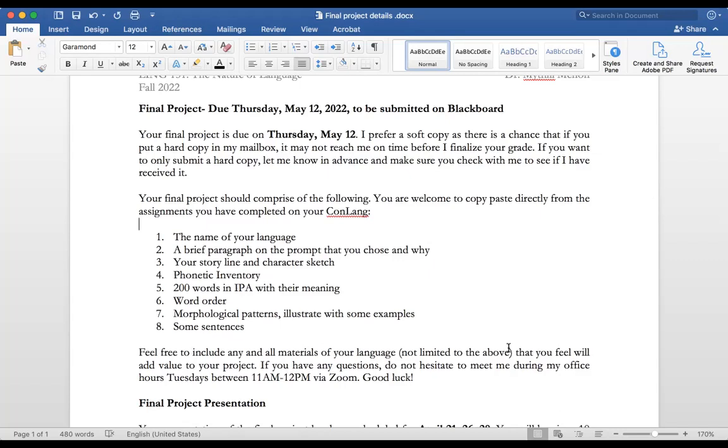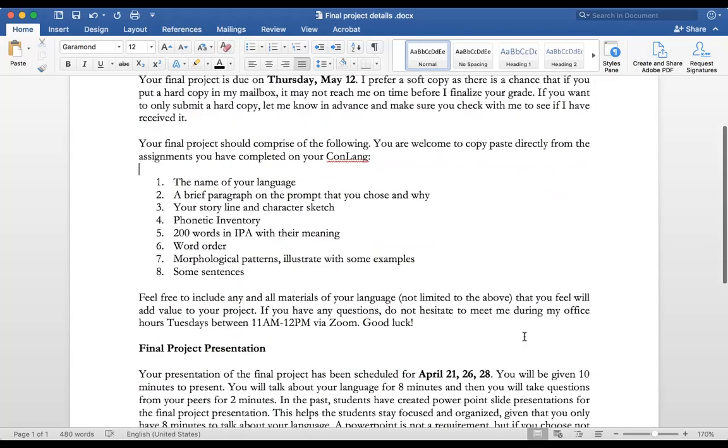What's the name of your language? Very often you think that you want to start with the name and then create the language. I have found over the last 5 years that it's the opposite. You create the language and then create the name of the language. Some people have actually just had nameless languages because it's so difficult to find a name for your language. It's not easy, right? So if you don't have a name, that's completely fine. But if you have a name, tell me what the name of your language is.